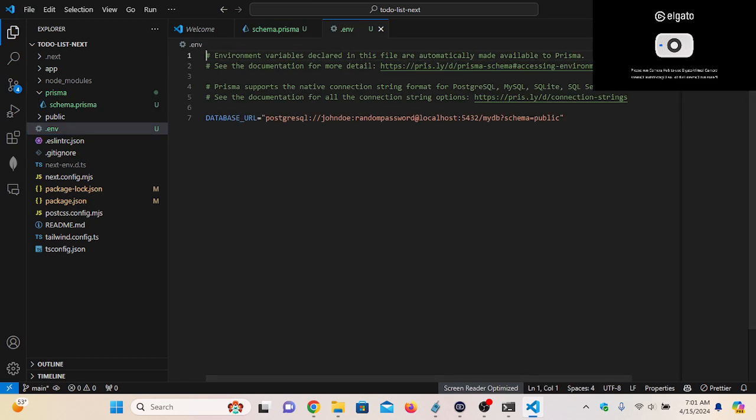Here we go. Environment variables declared in this file are automatically made available to Prisma. See the documentation for more detail. Prisma supports the native connection string format for PostgreSQL, MySQL, SQLite, SQL Server, MongoDB, and CockroachDB. See the documentation for all the connection string options. DATABASE_URL = "postgresql://jondo:randompassword@localhost:5432/mydb?schema=public"